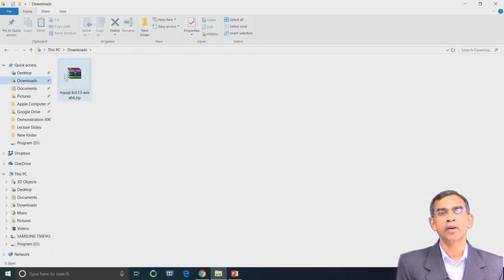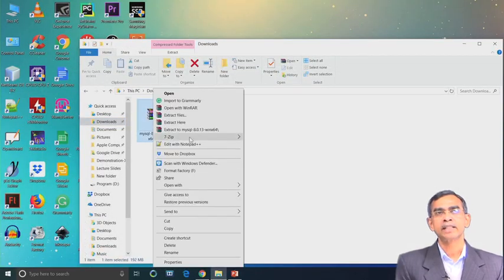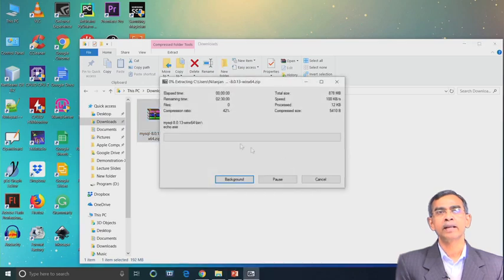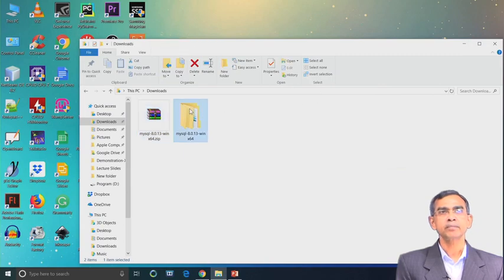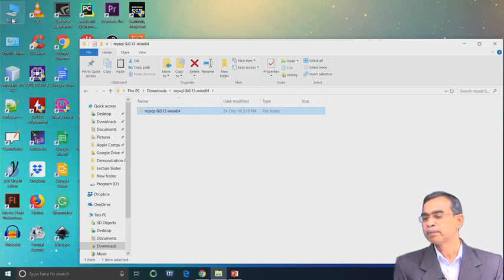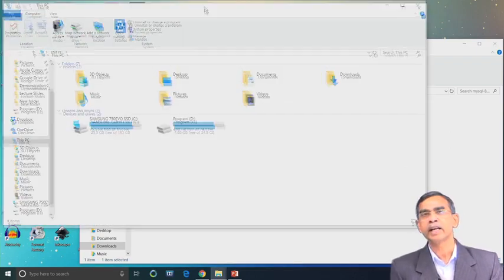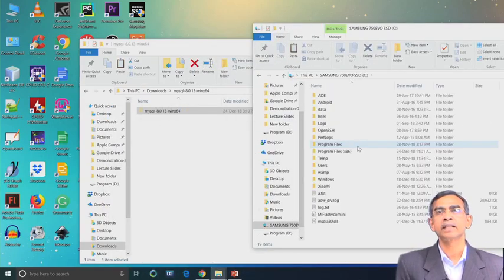Here we have already pre-downloaded it; it is on our desktop. This is the zip file, which you should copy into the directory where you want to install. Obviously a zip file is compressed, so you have to unzip the folder, and it will give you all the installable files. Here, the folder where we have unzipped all components is MySQL 8.0.13 winx64. This is the software we have.